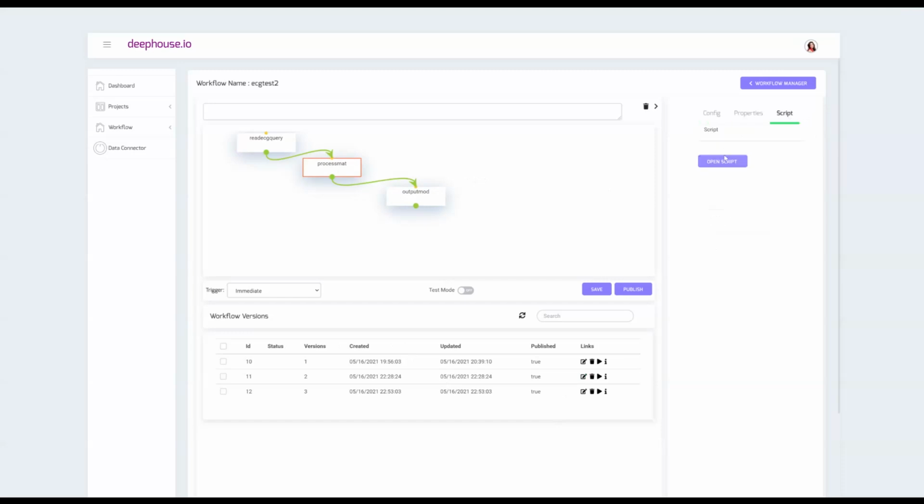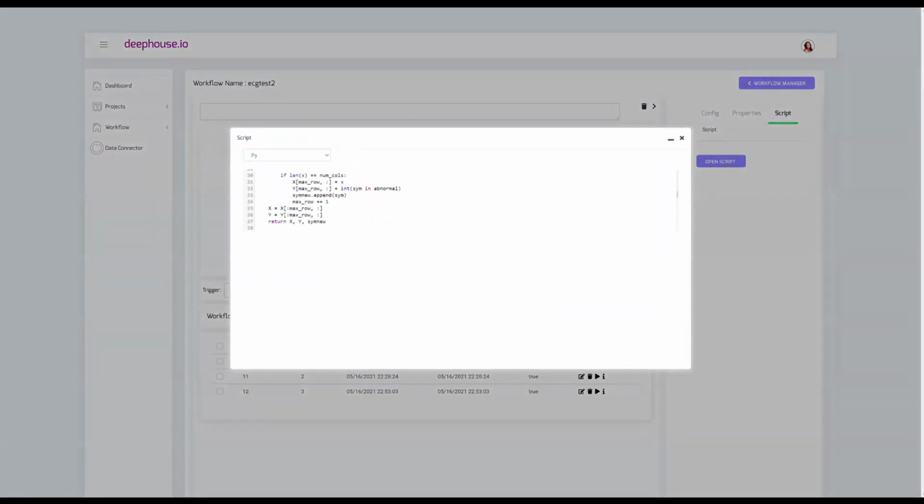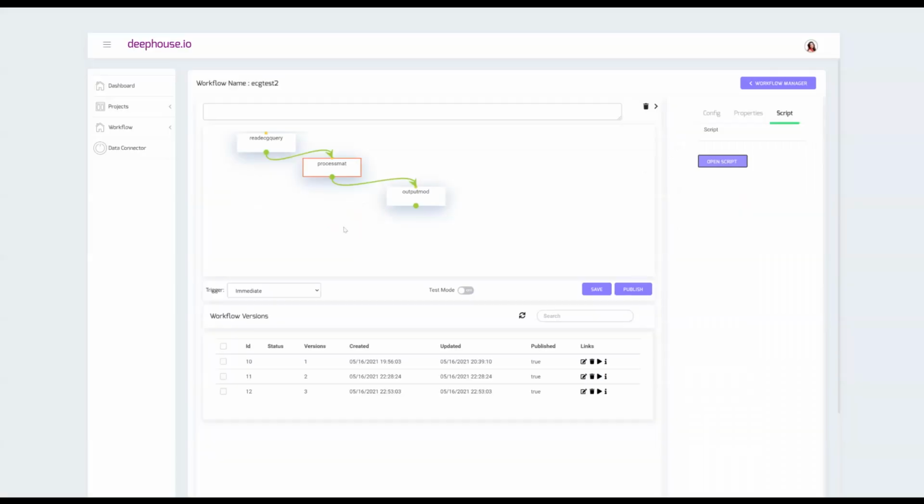Here is an example of the script, a Python script, where the samples join. This is the case where the P signal and the ATR signal are joined and used to figure out if there is an abnormal heartbeat versus a normal heartbeat, and that model is saved as a pickle file, which was used in the previous workflow.